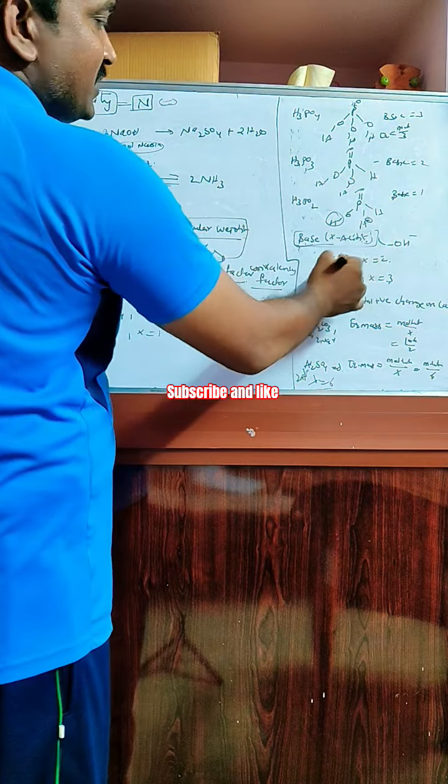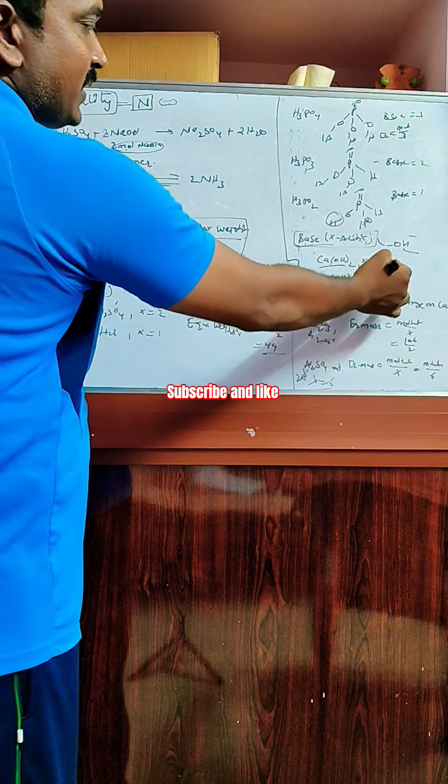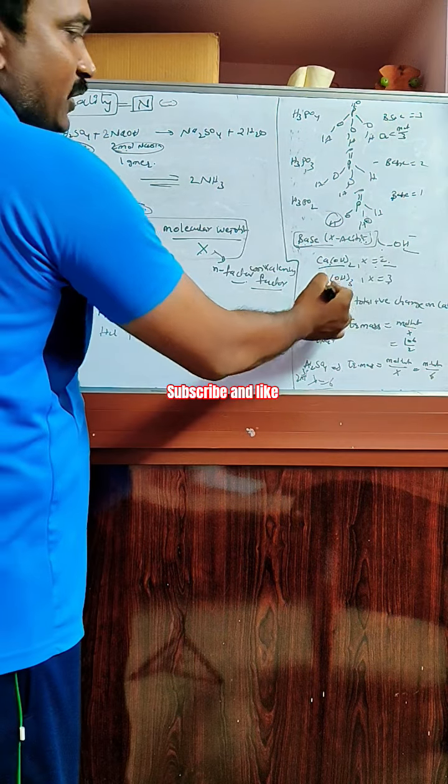In the case of base, we find the acidity, means the number of OH minus ions lost. In calcium hydroxide it is 2, that's why X factor is 2. In the case of aluminum hydroxide it is